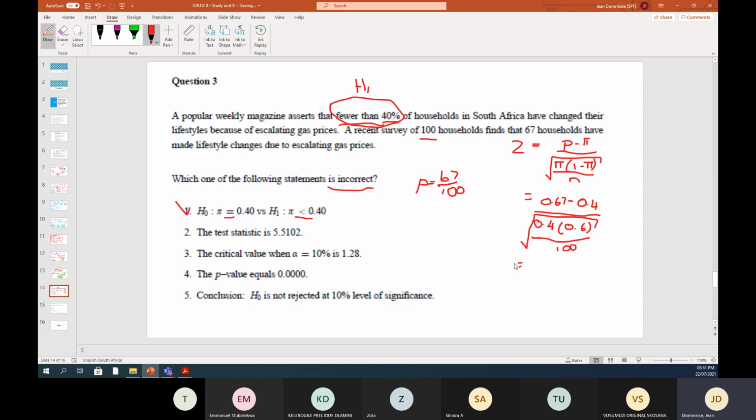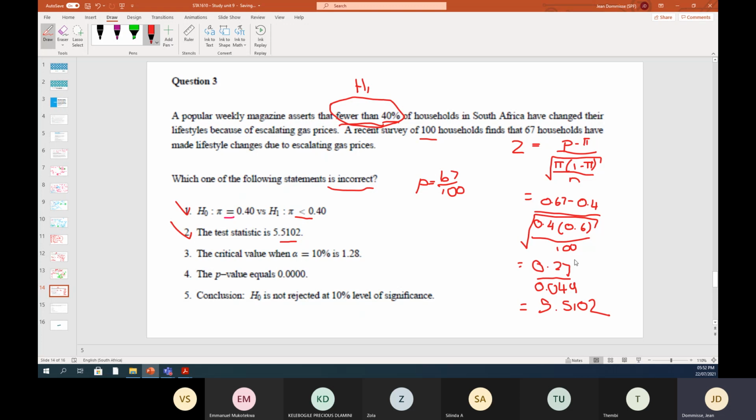So basically, nearly what we've done in study unit 7, we are doing here again. 0.67 minus 0.4 is 0.27, divided by 0.4 times 0.6 divided by 100, which is 0.0024. We need to take the square root of that, so that divided by 0.049. We need to get to 4 decimals, so I just changed my calculator to 4 decimals. So 0.27 divided by that gives us 5.512. So that one is